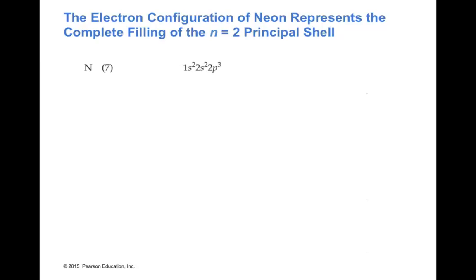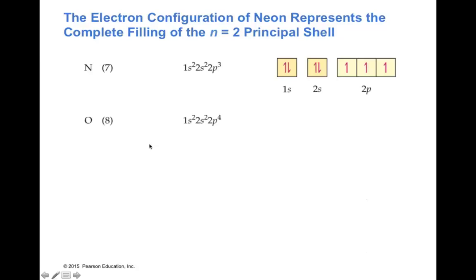So here we have nitrogen. Nitrogen has 7 electrons. We have the electron configuration of 1s2, 2s2, 2p3, that is 3, 4, 5, 6, 7 electrons. And the diagram is going to be 1s with 2 electrons, 2s with 2 electrons, and the p is going to be 1 electron in each of them. Remember that we have 3 spaces available, but we can't put 2 here and 1 here. We need to put 1 individually first, and then we start to pair them, as for example